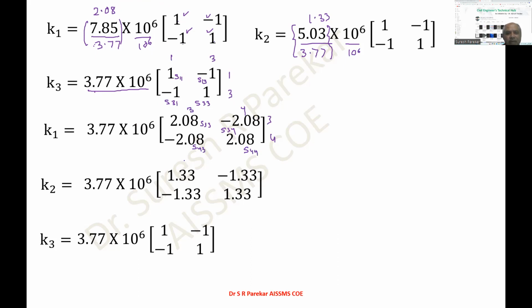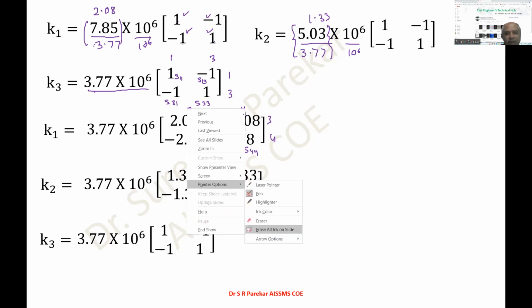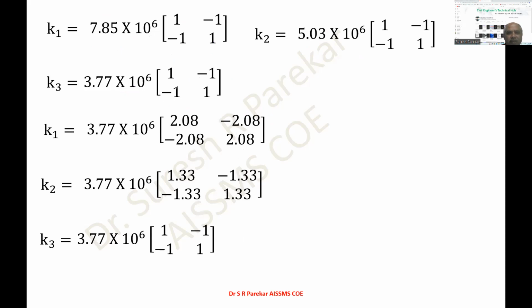And last we have this is K3 I have mentioned. So actually that K1 we have over here. So I will just repeat it. Actually, not this one. We have to start with this. So this is 3, this is 4, this is 3, 4. Then we have this value that is